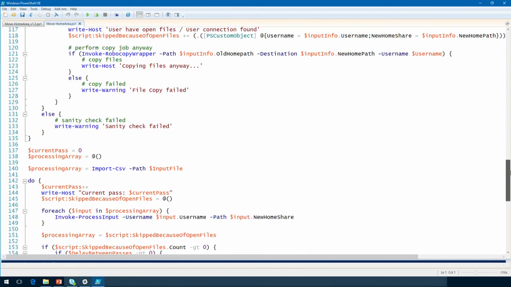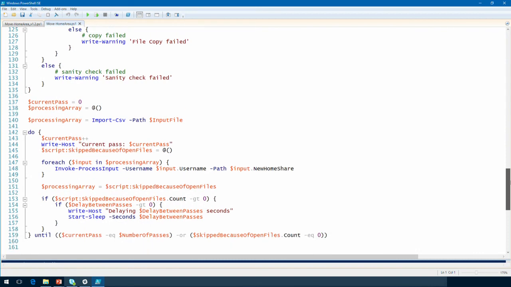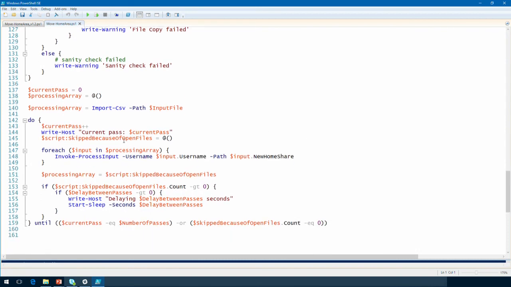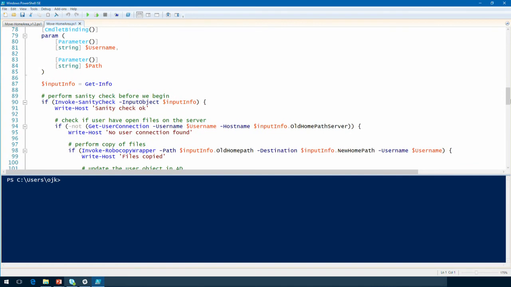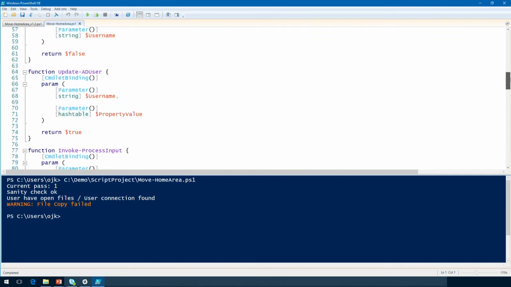And lastly, we have the logic itself to handle the skipping of open files and the delay between passes and number of passes and stuff like that. When we were finished with this, because we did this together in the meeting room, it took us an hour from start to finish. The good thing about this is that we could run it and test and validate that the logic of the script was actually working. So we can just run it like that. And you can just go up to the functions and simulate. Okay, this returns true. You can just simulate that it would fail.